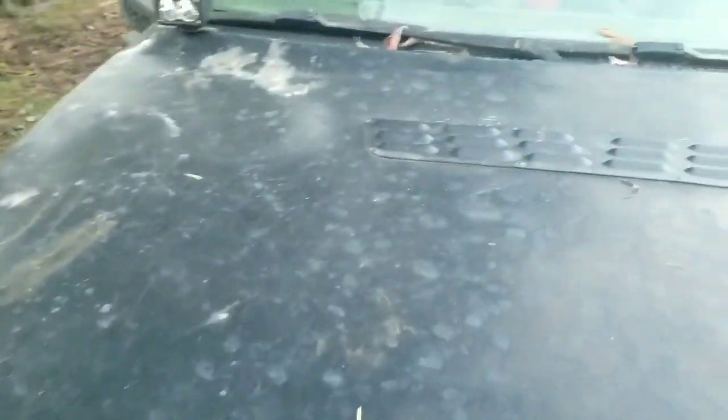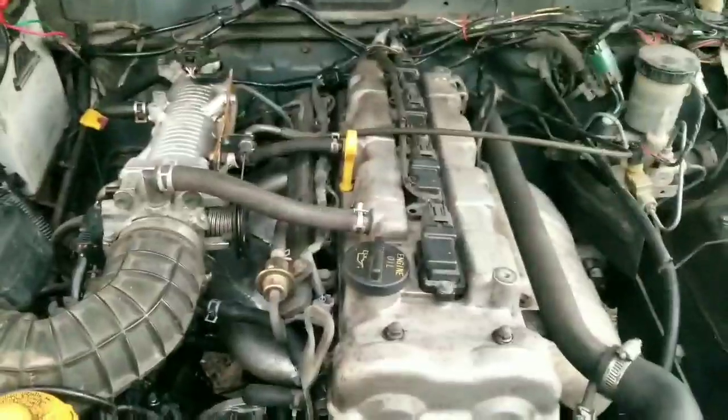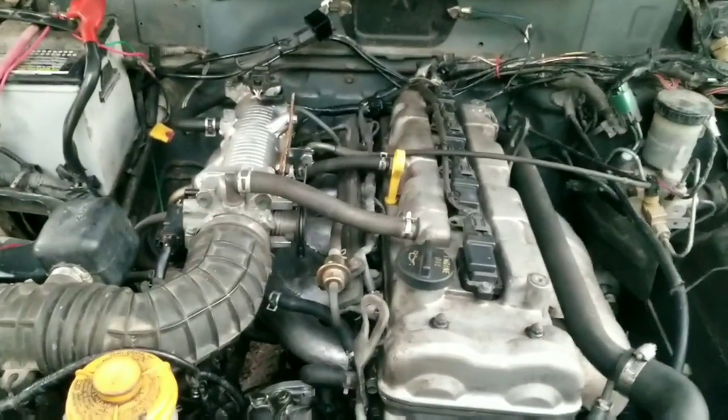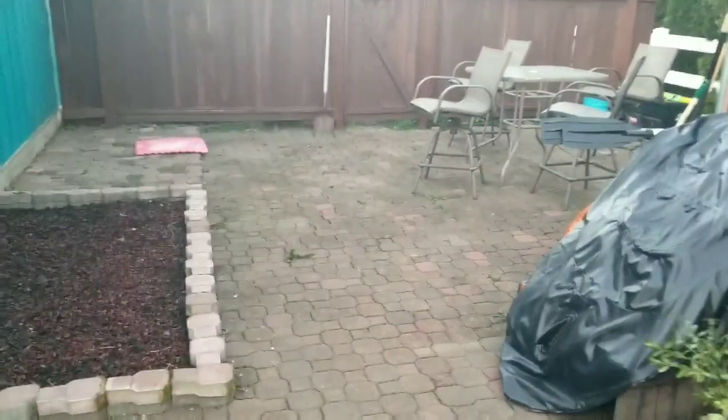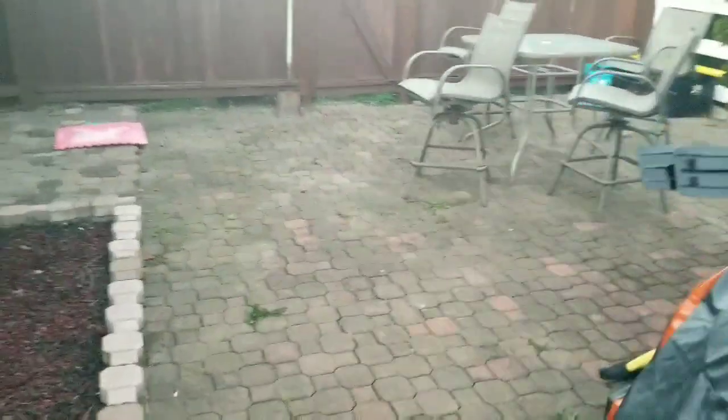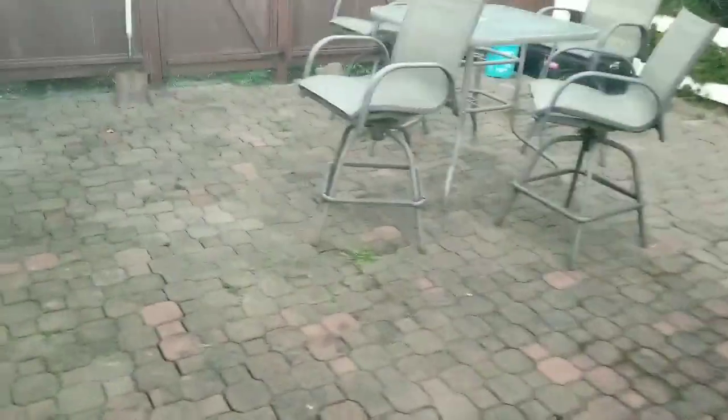So then I went out to the junkyard and I bought that 2.3. Now when I bought that 2.3, it came with a 30-day warranty. But I wasn't terribly concerned because there was no water in the oil and there wasn't really anything wrong with it as far as I could tell. So it took me a little while to get it installed, because when the weather turned nice